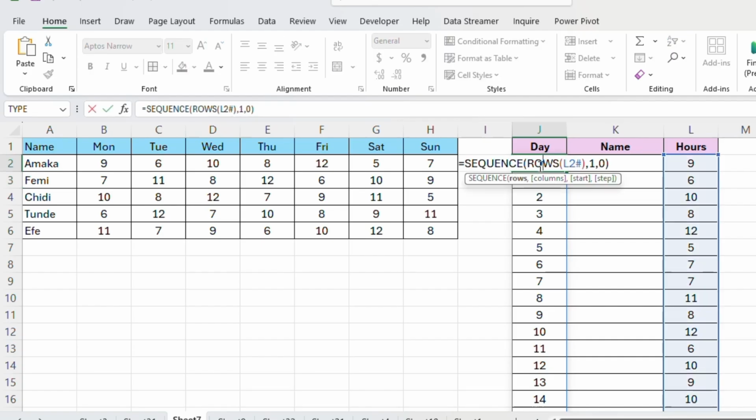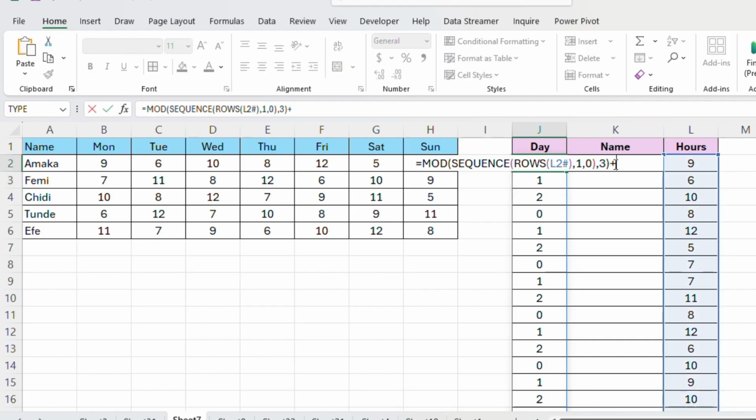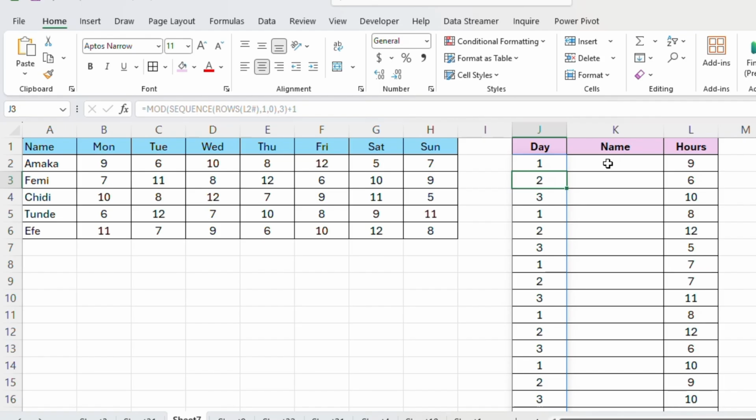Now, to convert this into a collated list, what you have to do is embed this sequence with MOD and basically divide that by, say, 3, so that it can give you 0 to 2, 0 to 2. It's a sequence of 3 numbers. Now, if you want to start this at 1, just plus 1 like we demonstrated in my previous video, and then you will start from 1 to 3, 1 to 3,